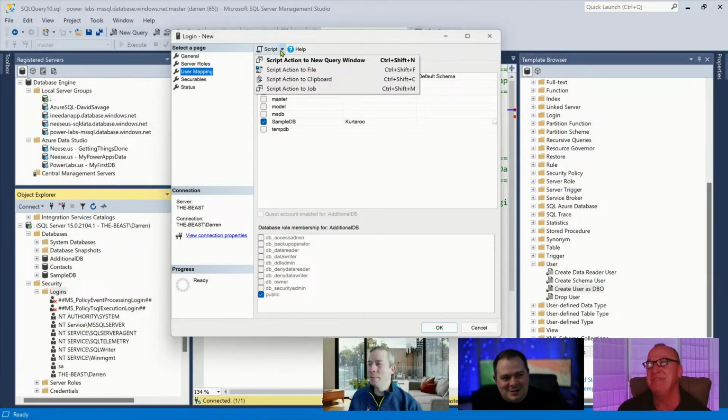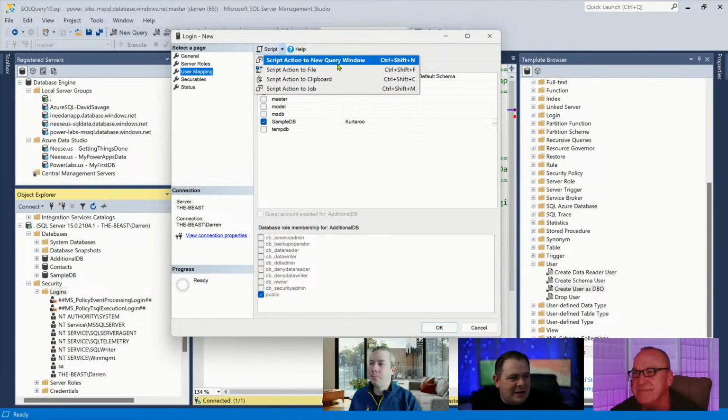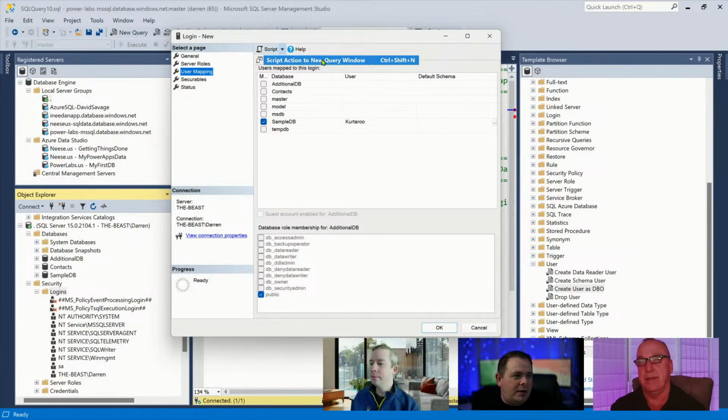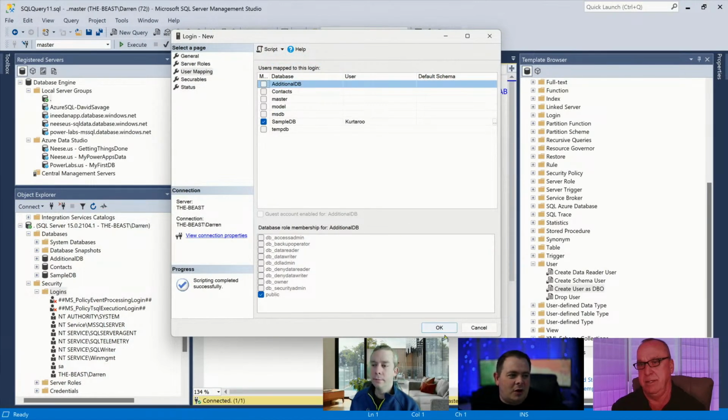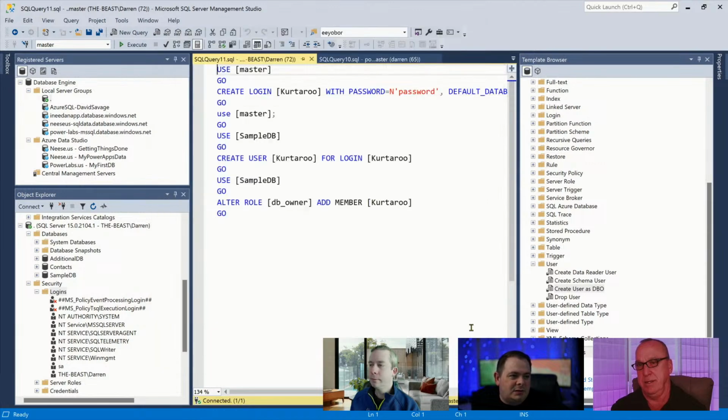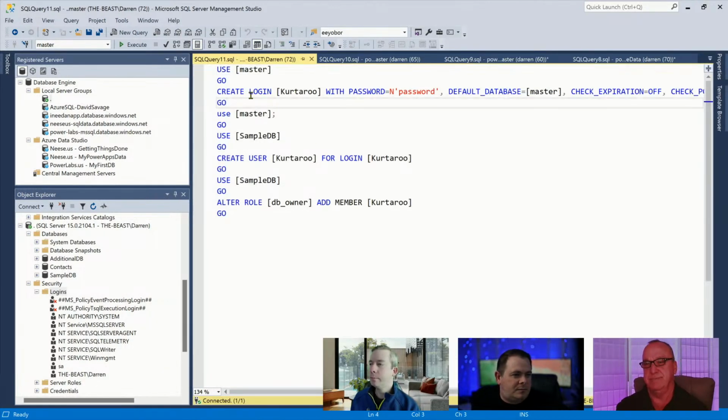Yeah. So the great benefit to using this GUI, especially here locally, is I can script the action to a new query window, or you can save it to a file or put it on a clipboard or whatever. And I'm going to say new query window. So you notice I didn't hit OK. Now I can just hit cancel and look at this. Yeah. So we're using master